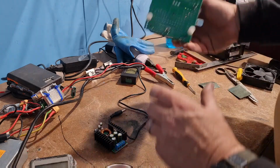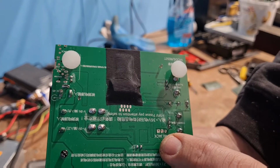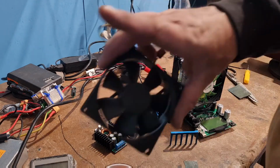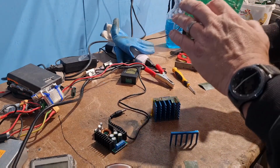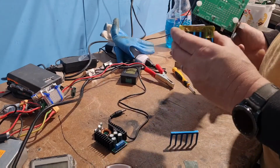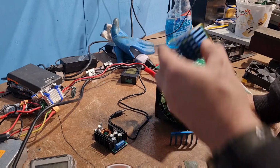Now I did find underneath there is actually another fan jack, which I can point out right there. Okay, the fan jack, I was thinking maybe putting a fan in there. It won't be one of these type fans, but it'll be a side blowing fan to blow air through that area, maybe glue it onto the board, a small fan out of say a laptop, and keeping the cool down, so it will actually take a lot more power. Well, it won't take a lot more power because the FET's probably only rated at 180,